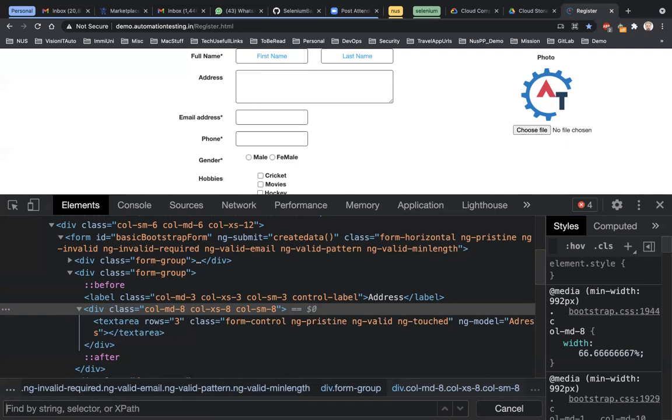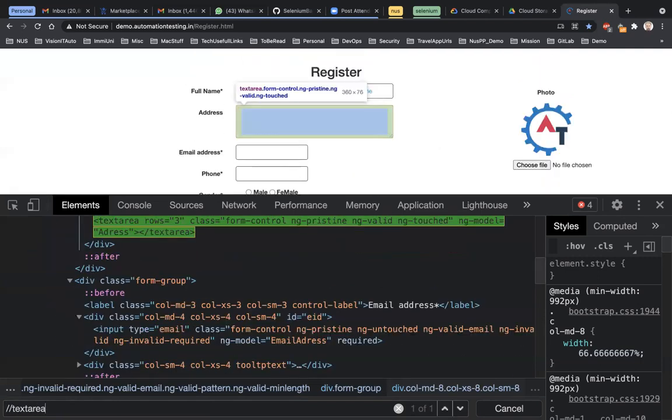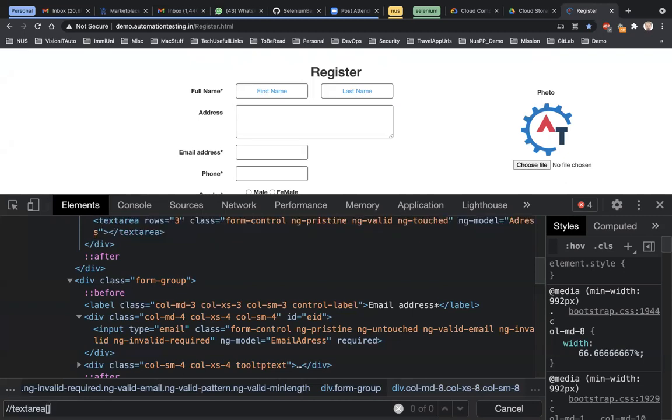So the relative XPath, the key to writing relative XPath is double slash, which actually means find anywhere in the document. Anywhere. Then you mention the name of the tag. So I'll say I want to find a tag called text area, which could be anywhere. That's the reason I'm writing double slash. So find a tag anywhere in the document which has the name text area, and then I will use square brackets, also called a predicate, where I could write the condition.